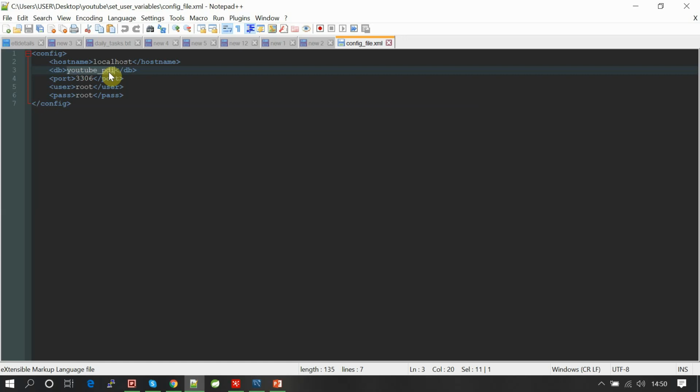If the database connection is given as user-defined variables, you just need to change that variable value in the configuration file, and everything else will be taken care of by the defined variables. So this is the configuration file I use for connecting to the local database.